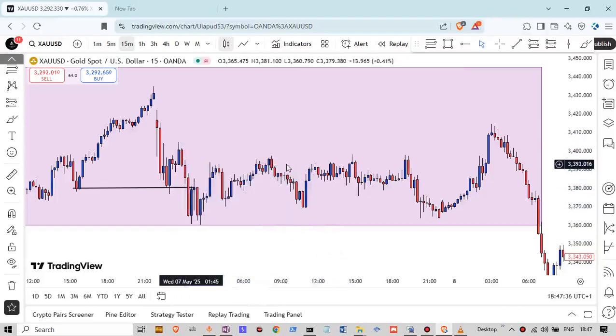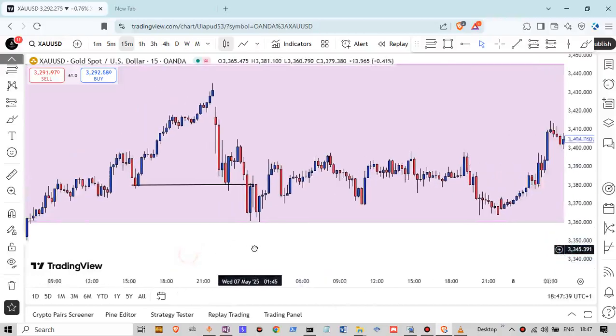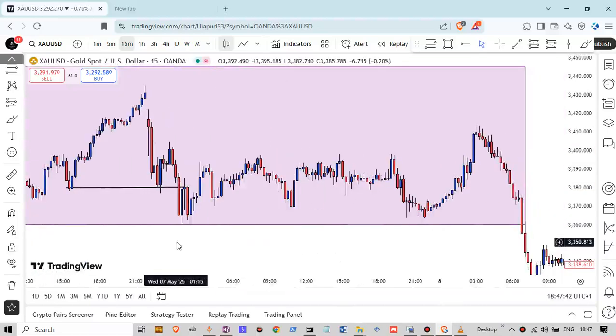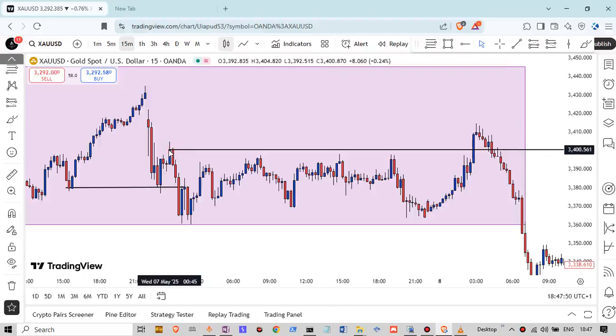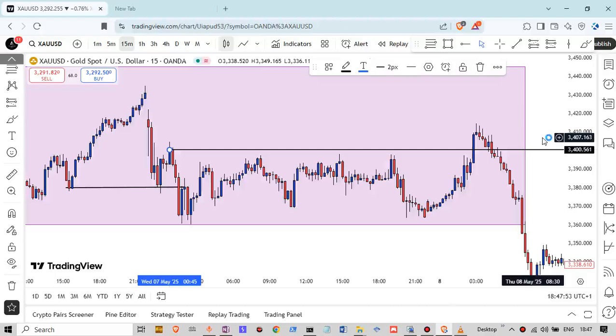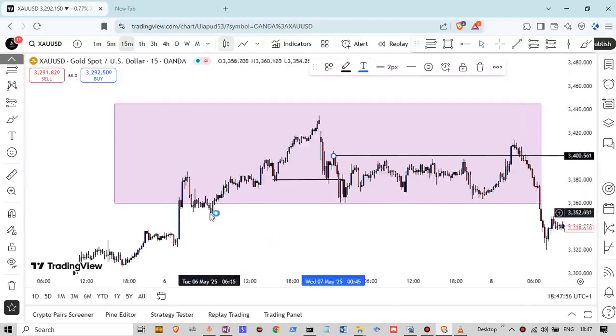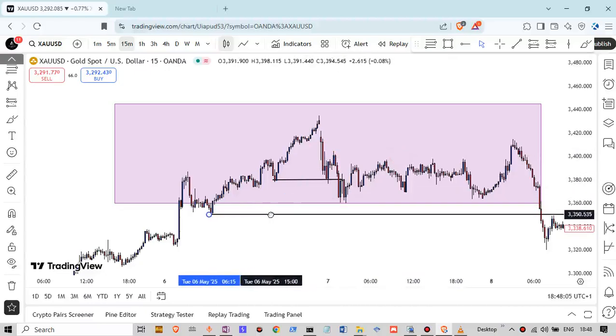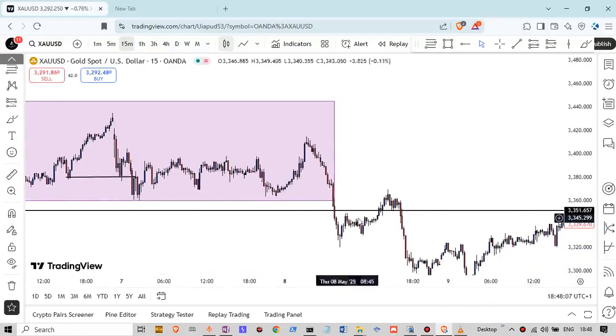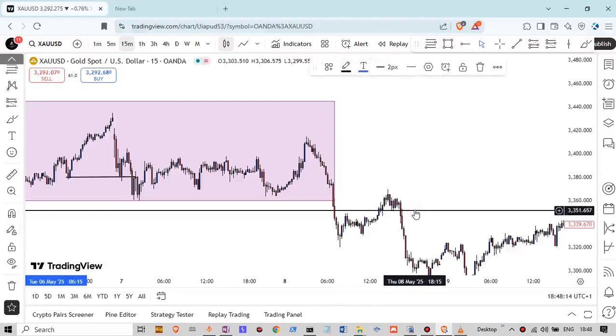I'm trying to help you see what I could help you do to get something right. But it's risky. You could enter here, right down, but if it stops you out, okay, it stopped you out. But for me personally, I would have watched this level down here to be broken. So once I see that level is broken, I'll be anticipating a sell from there.